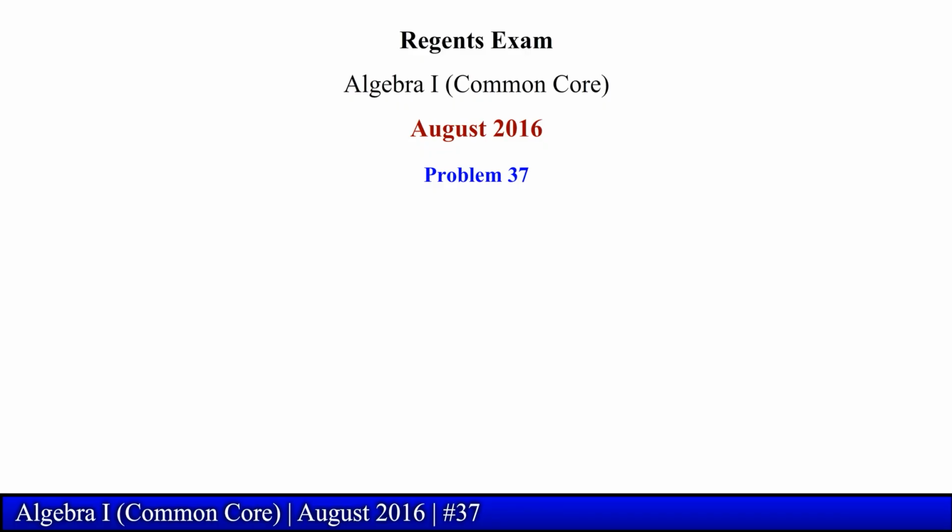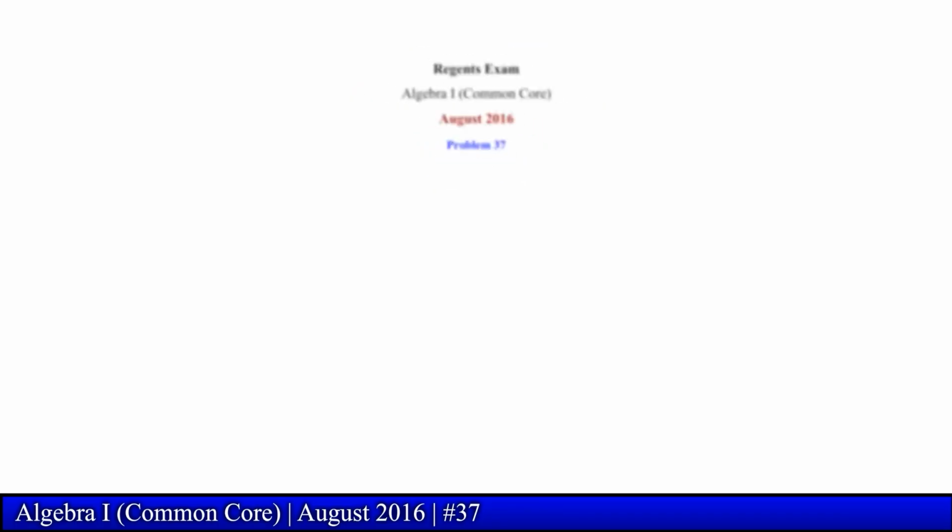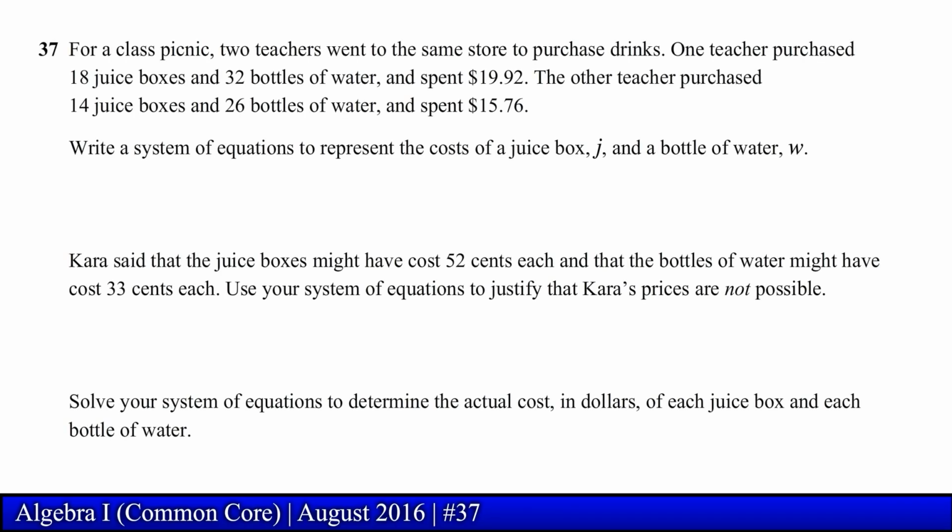Regents Exam, Algebra I, August 2016, problem number 37. For a class picnic, 2 teachers went to the same store to purchase drinks. One teacher purchased 18 juice boxes and 32 bottles of water and spent $19.92. The other teacher purchased 14 juice boxes and 26 bottles of water and spent $15.76. Write a system of equations to represent the cost of a juice box, J, and a bottle of water,